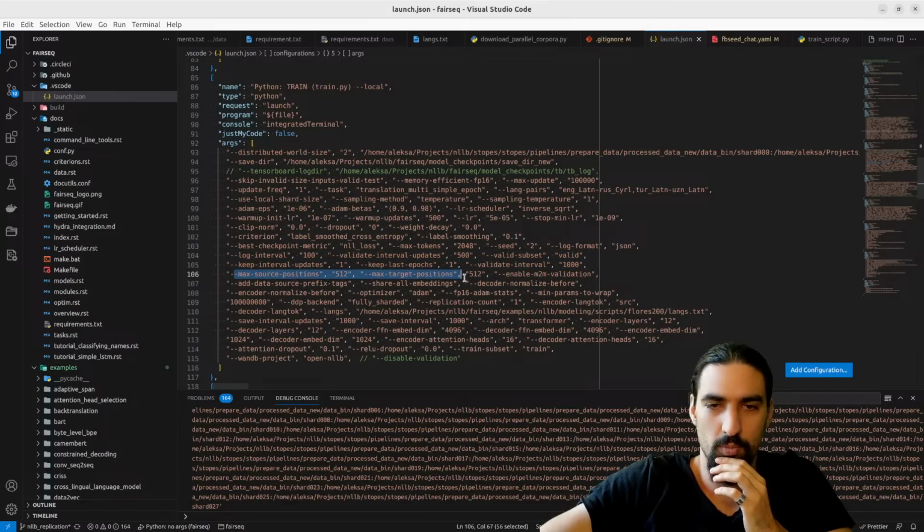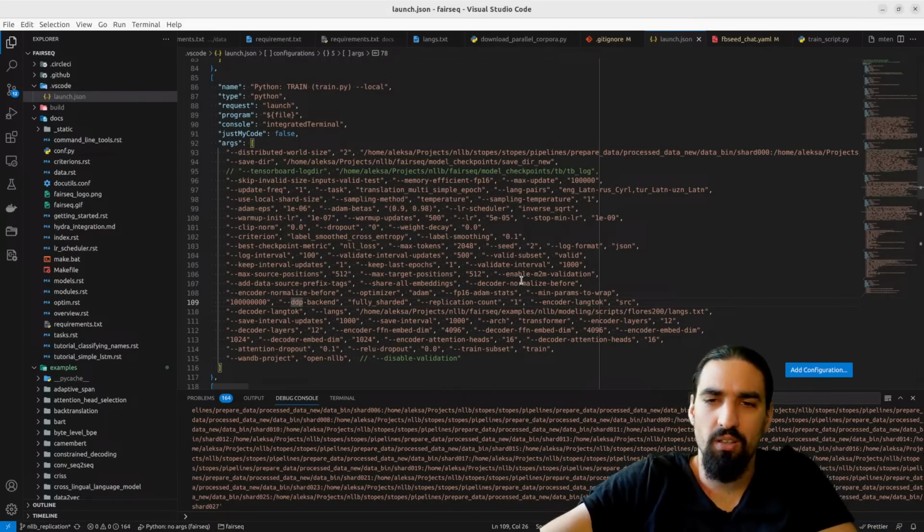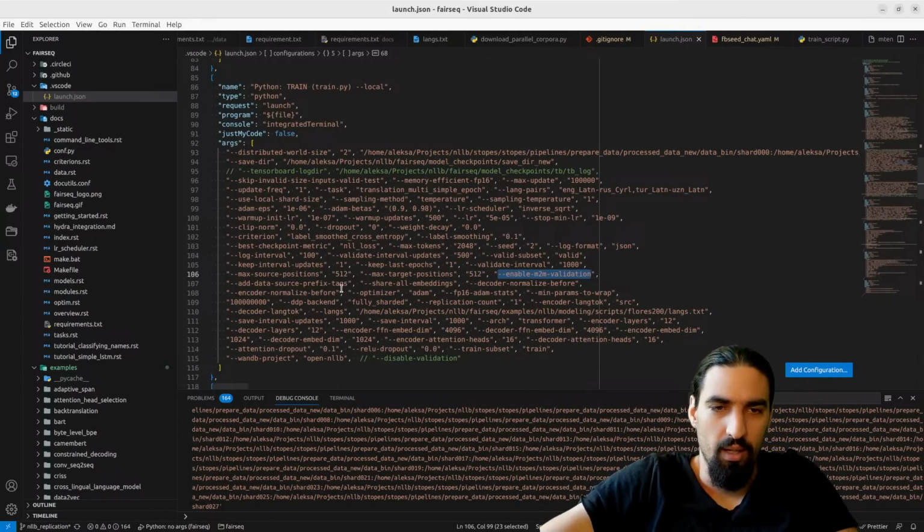Validate max source position, max target. Enable M2M validation. I'm not sure what this one does. Add the prefix, share the embeddings, decoder normalized before, encoder normalized before, optimizer atom. All looking good.